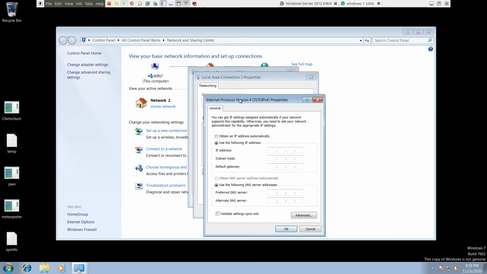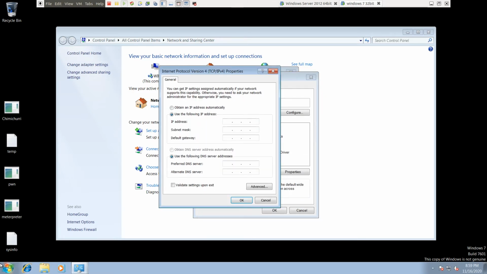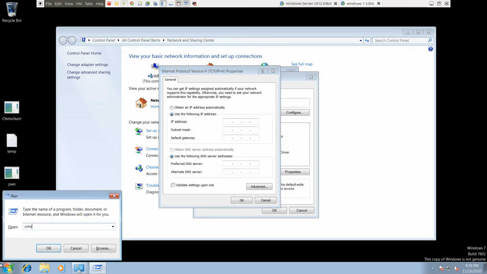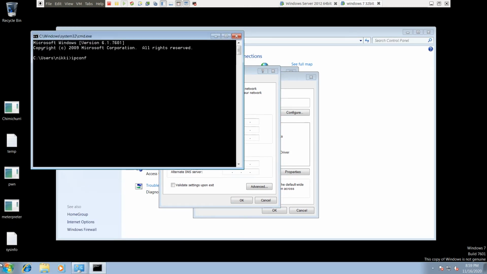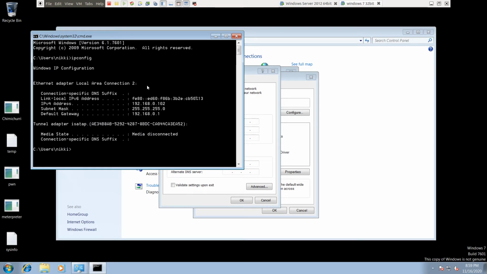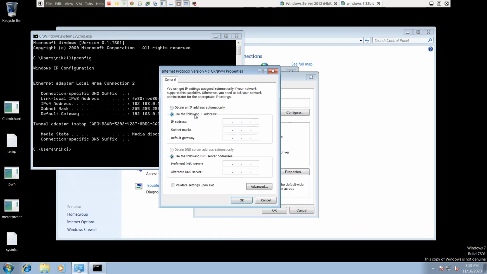Now set the IP address. So we have got this 102. So let's go ahead and say 192.168.0.10. Let's say this 10 is the Windows 7 computer, and default gateway, let's leave that for now.